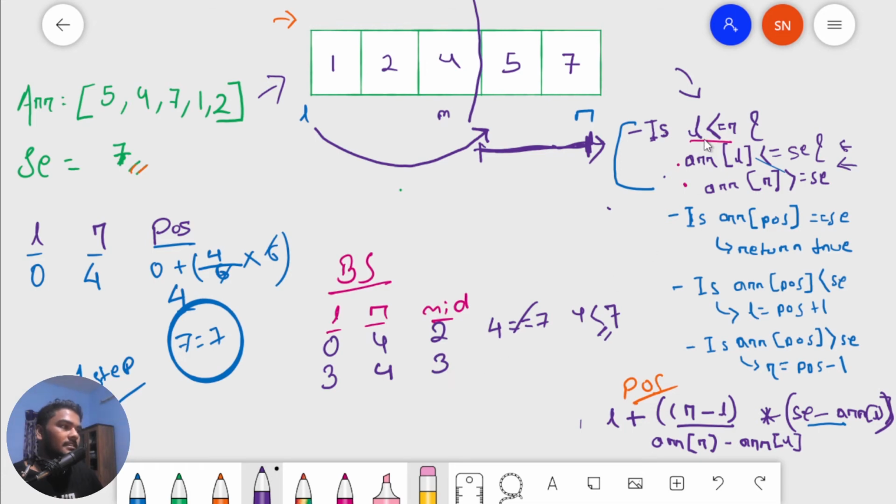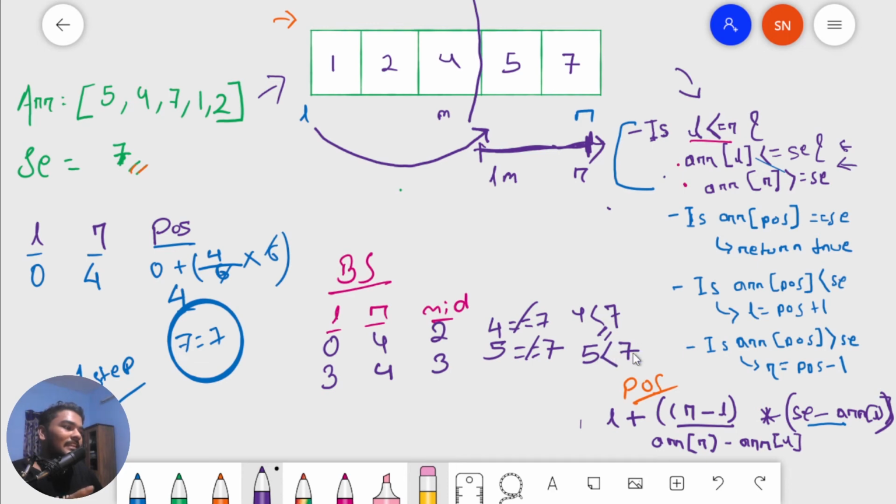So now let's check, is L less than equal to R? Yes, 3 is less than equal to 4. So is now the element in the middle position equal to the search element? No, because now we are here, right? L is here, our mid is also here, R is here. So the element in the middle position is 5. 5 is obviously not equal to 7. So let's go to the next check. So is the element less than search? Yes, it is. 5 is less than 7. Okay, so that tells us that the thing we are searching for, that 7, is obviously on the right side of this middle element, right?